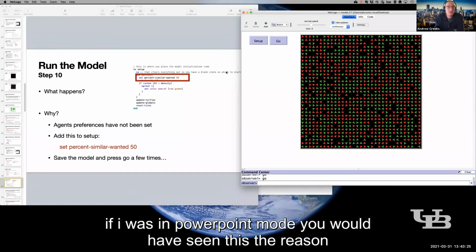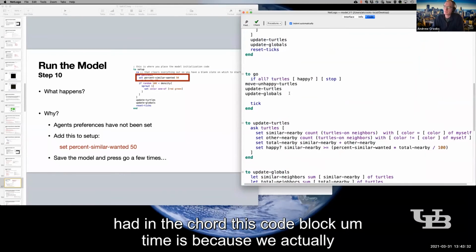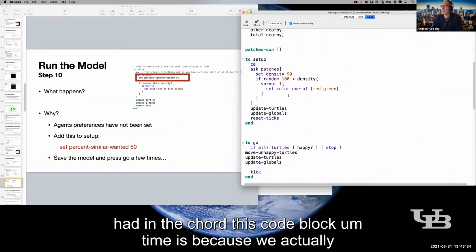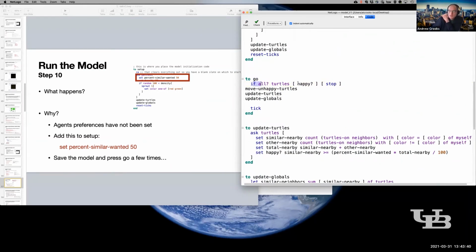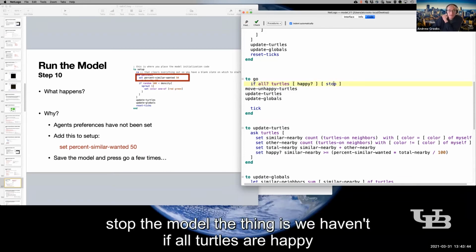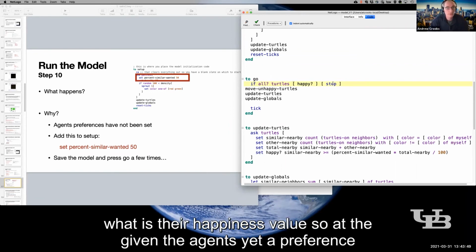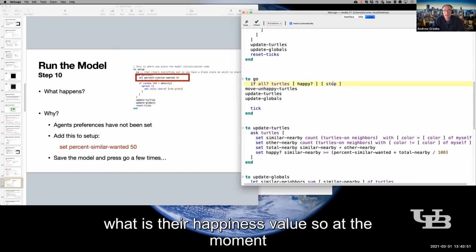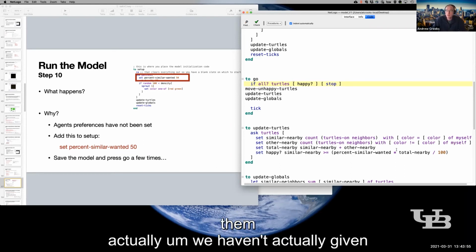The reason the model is not advancing one step at a time is because we actually had in the code this code block. Where is it? I'm going to go to go. If all turtles are happy, stop the model. The thing is, we haven't given the agents yet a preference. What is their happiness value? So at the moment, all agents are happy because we haven't actually given them